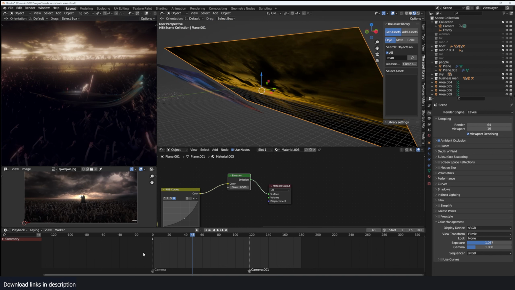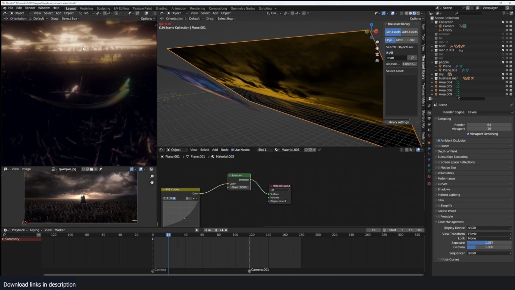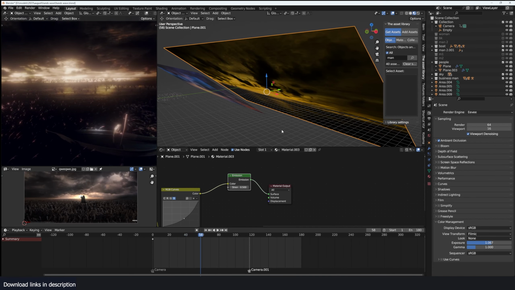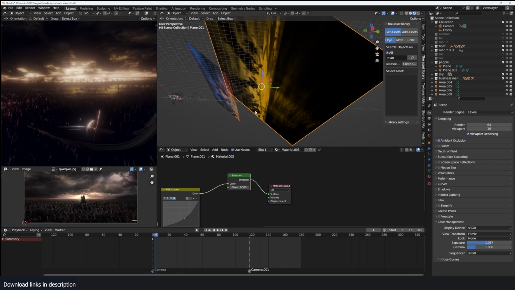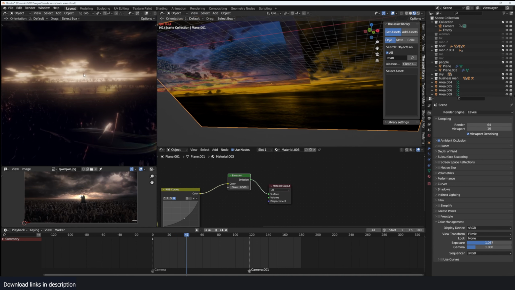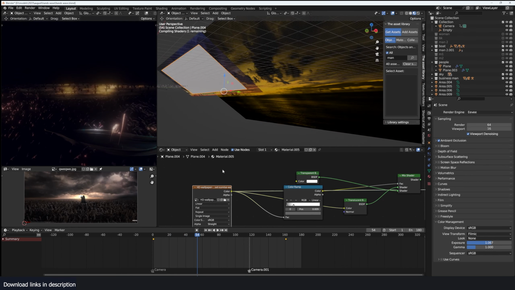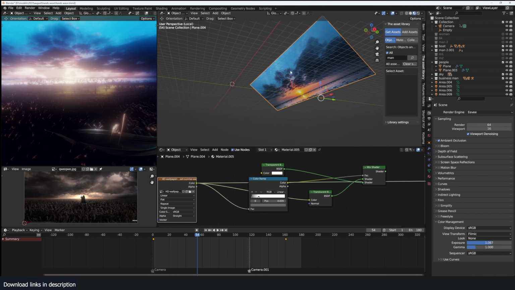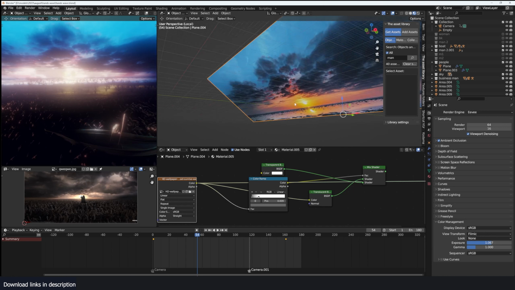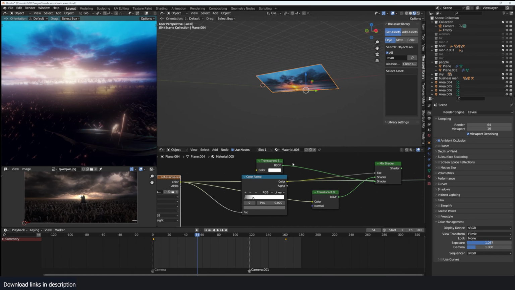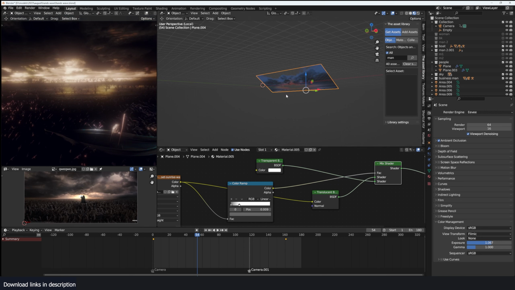But it wasn't enough. I wanted some clouds moving without doing any volumetrics, because that takes too much time. So what I did is just using the old trick of scaling the background a bit and moving it, so we get the illusion of movement. Same trick, I just used an image like this, and because I wanted the clouds to be see-through, I also didn't want the sun to come through the image, because we already have that in the other image. In this image, what I did, I used a transparency mixed with some translucence,